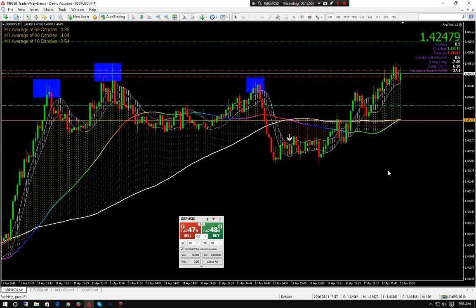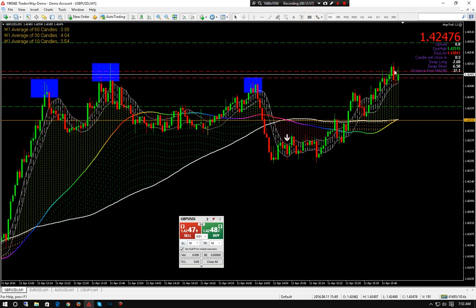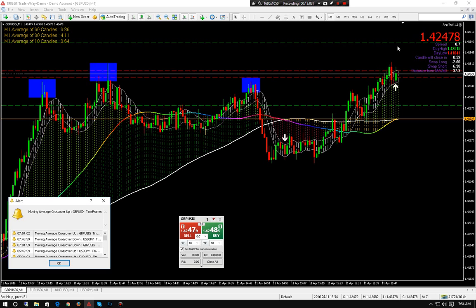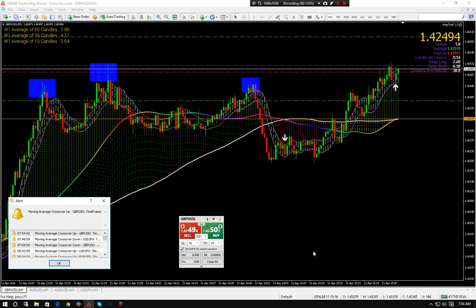We also want to look for support and resistance. Is there anything blocking this candle from going up? So right now we can see we have a little area that if price breaches through, it might be a good run up. 10 pips is up here. We're still at 10 pips down here.